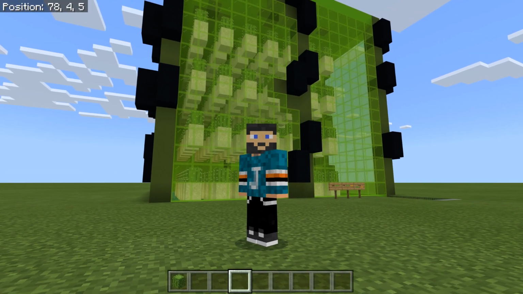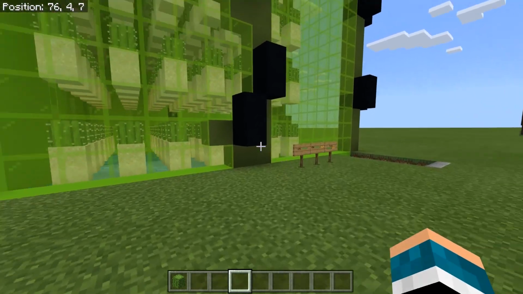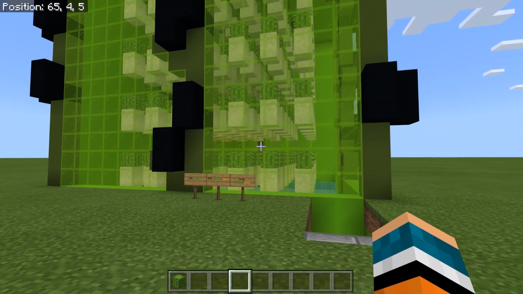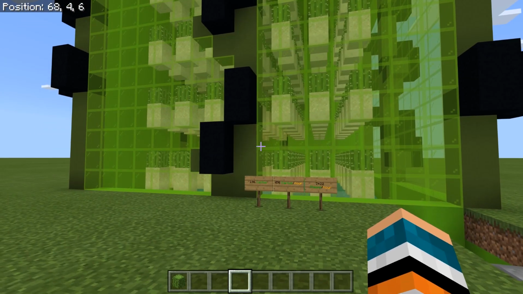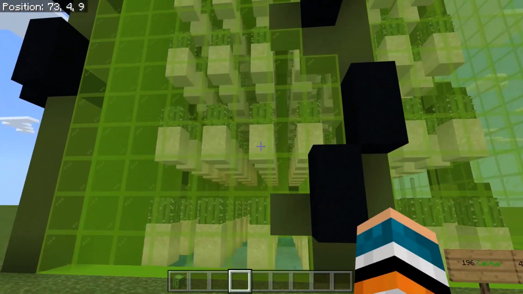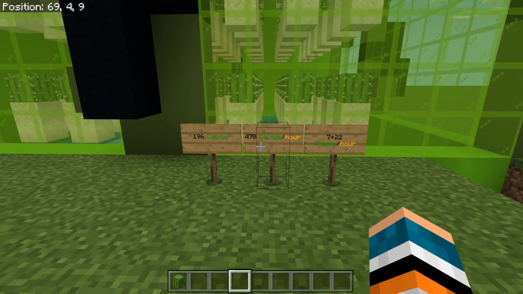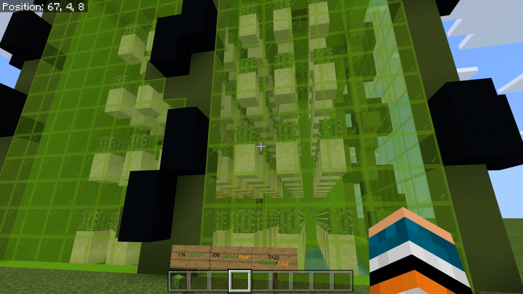Hello, I'm Jomika, and today I am going to show you how to build a simple cactus farm. Right here is just a super simple, pretty small cactus farm. There's 196 cactus planted here that do the growing, and this farm gets 470 cactus per hour, which comes out